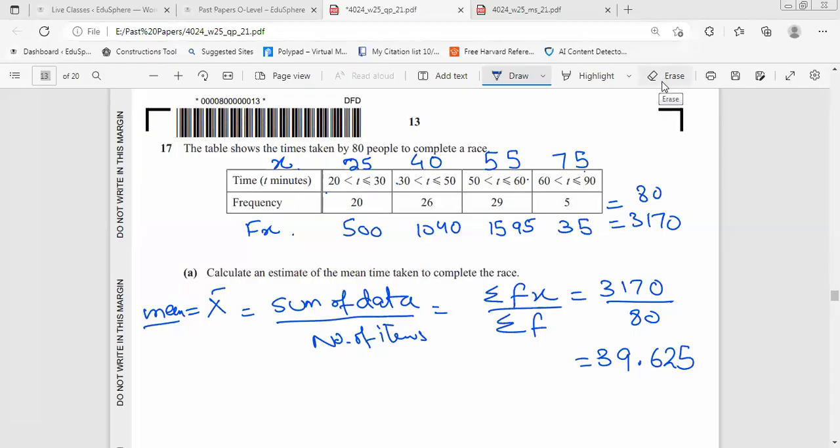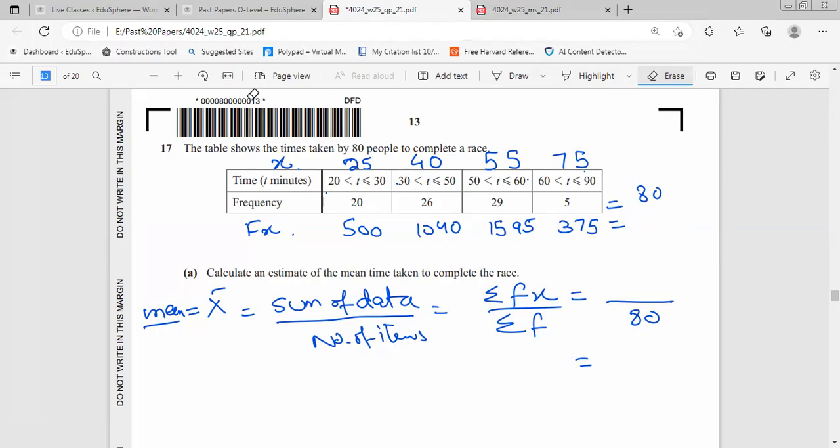So students, there was a mistake here, and because of this mistake my answer was incorrect. Actually, when I multiplied 75 with 5 on the calculator, I mistakenly wrote 35 instead of 375. So when I add all of them, the value will change, and the answer will be updated. So 500 plus 1040 plus 1595 plus 375, I get 3510. And when I divide 3510 by 80, I get